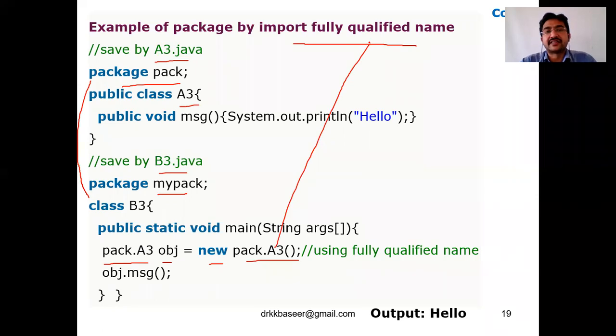Fully qualified names means what? Not shortcuts. Like A3, A2 means it's a class name. It's a shortcut, only the first name. If you want the first name, middle name, last name, entire, that is called a fully qualified name. Full name of yours, including the surname you are calling, right? So that is package name dot class name, space object, the assignment operator, new, and the same constructor, package name dot class name. If you have any sub package, main package name dot sub package name dot class name, space object, with the help of the new operator you can directly create the constructor also, right? And we are calling the message over here.